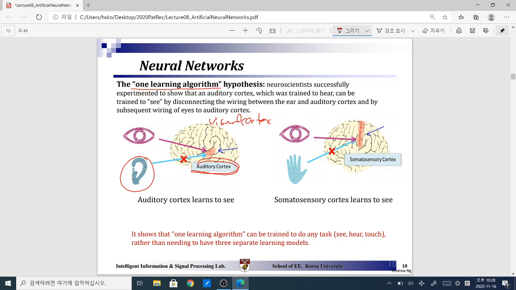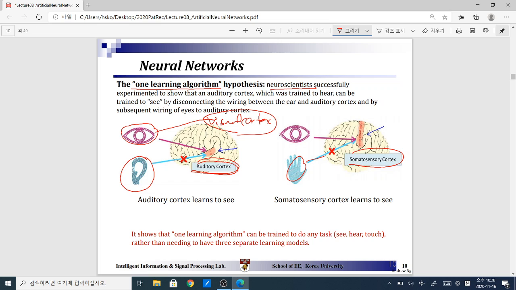This cortex, a specific location in the brain tissue, is dedicated to visual scene understanding, and it is directly wired to the eyes. Similarly, there is also a somatosensory cortex in the brain, which is dedicated to touch-type sensing. Now, what the neuroscientists did successfully in the past, using animal brains rather than human brains,